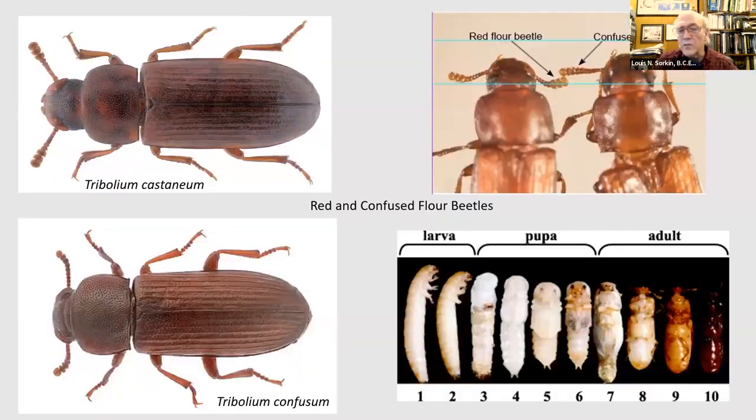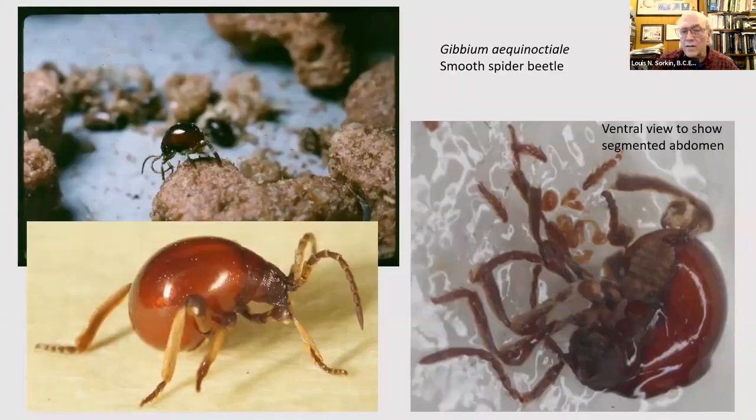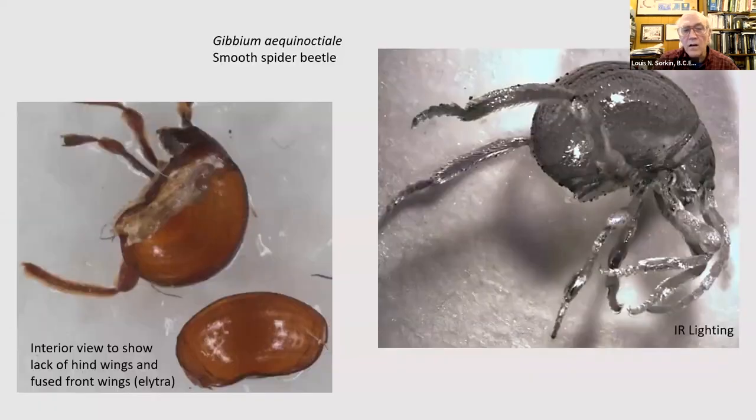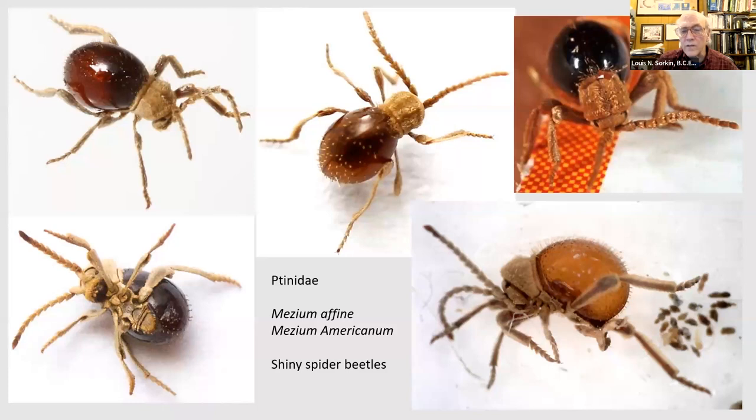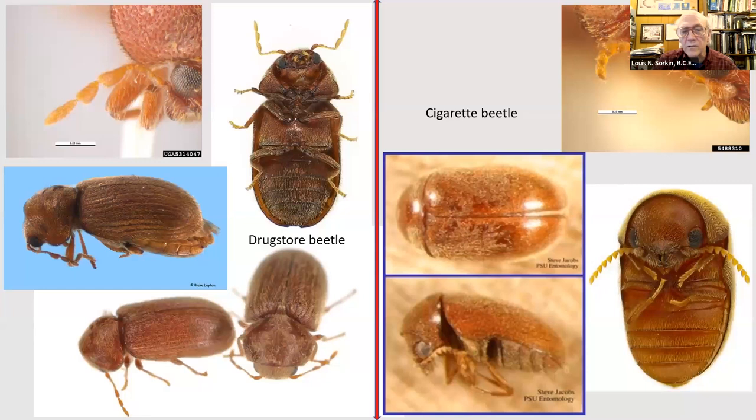And these are some different species of the Tribolium species you might come across. Lathridiids and sylvanid beetles you may come across. And the spider beetle, a very common Gibbium aequinoctiale. Under infrared lighting, you can see its smooth body actually has some structure to it. And some other museum species and Lasioderma cigarette beetles compared to drugstore beetles,